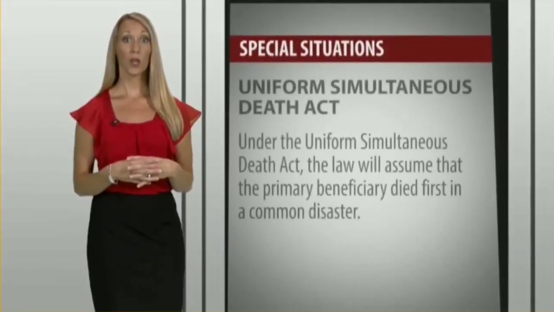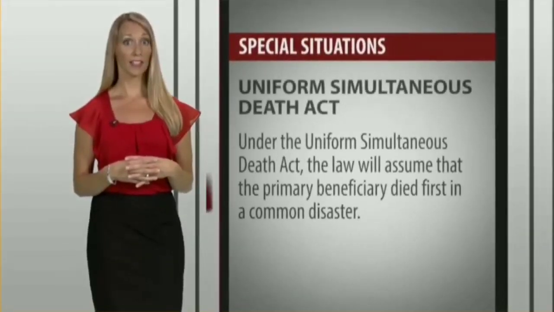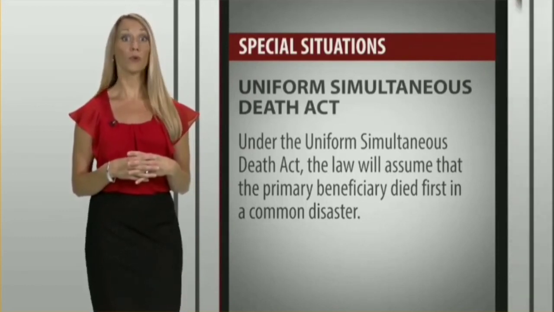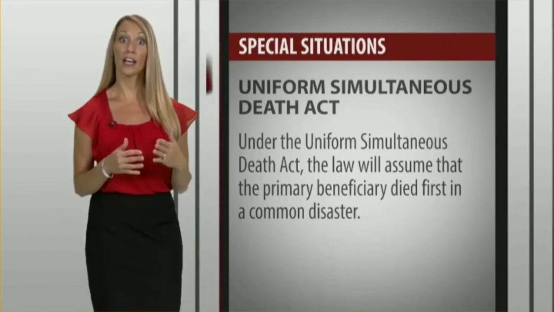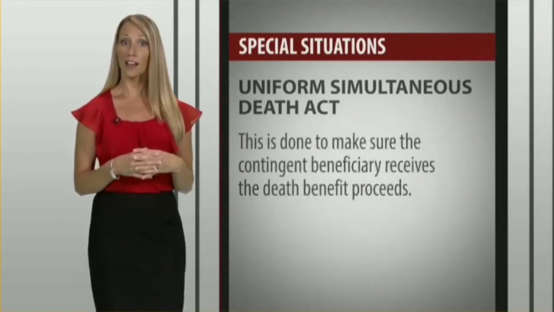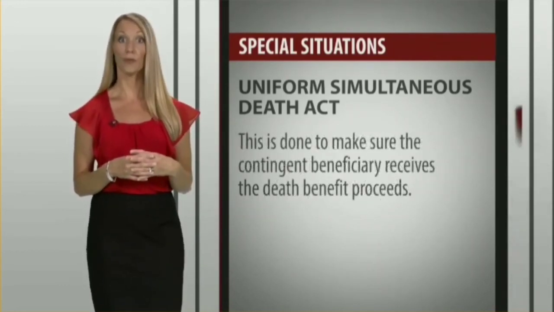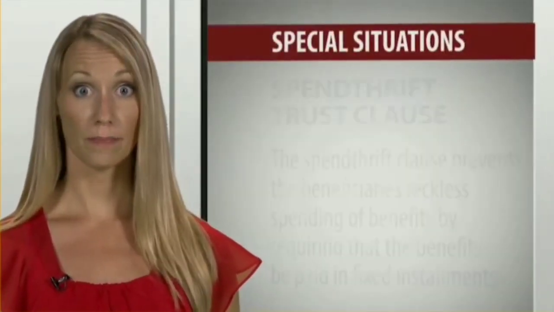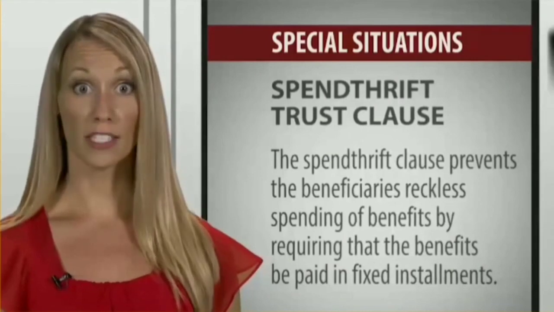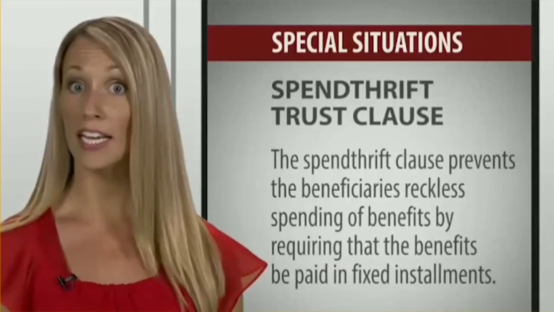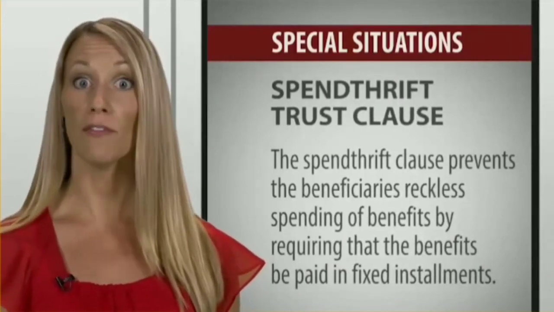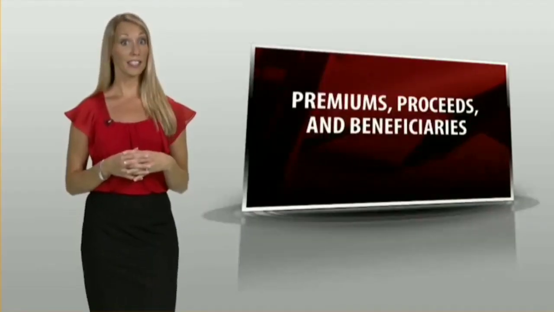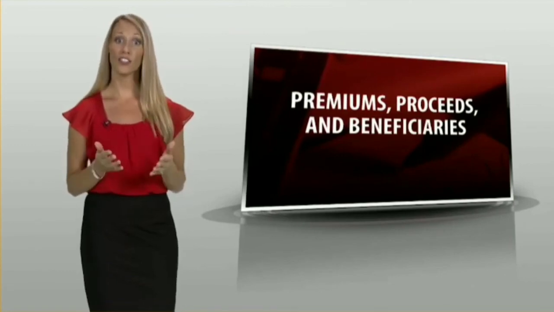Special situations. Uniform Simultaneous Death Act. Under the Uniform Simultaneous Death Act, the law will assume that the primary beneficiary died first in a common disaster. This is done to make sure the contingent beneficiary receives the death benefit proceeds. Spendthrift Trust Clause. The Spendthrift Trust Clause prevents the beneficiary's reckless spending of benefits by requiring that the benefits be paid in fixed installments. Fully understanding the key topics just discussed is essential as you